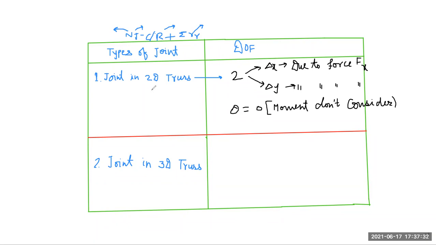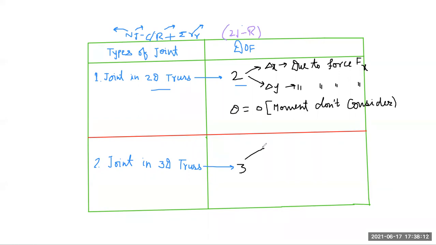So if your truss is a 2D truss, then you already know the value of n becomes 2. So you just put 2 in the place of n, so your formula becomes 2j minus r. So this is the formula which I wrote earlier, that your degree of indeterminacy for a 2D truss is equal to 2j minus r. Someone is saying, sir, if our joint is in 3D, then possible degree of freedom is equal to 3. So what are the possible degrees of freedom?